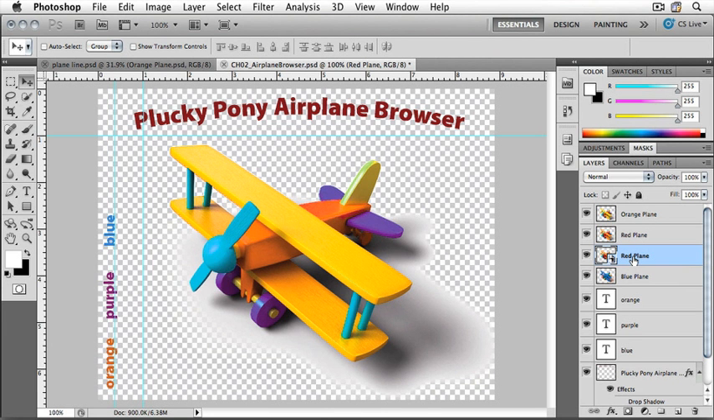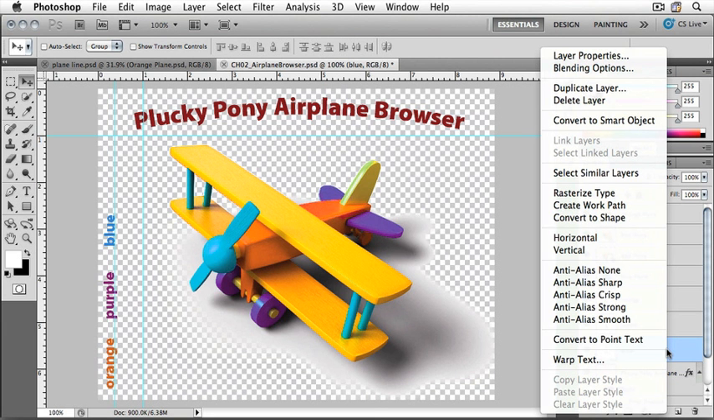There's one more thing I'd like to do here, and that is to duplicate a layer. Let's duplicate the blue layer because I need to add the word red. Select the blue layer, and we'll duplicate it. Right-click or Control-click on a Macintosh, and then